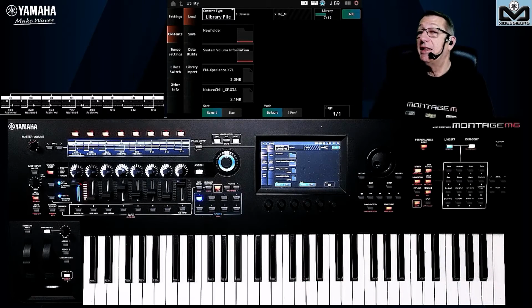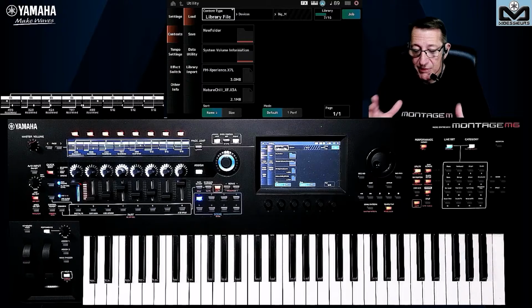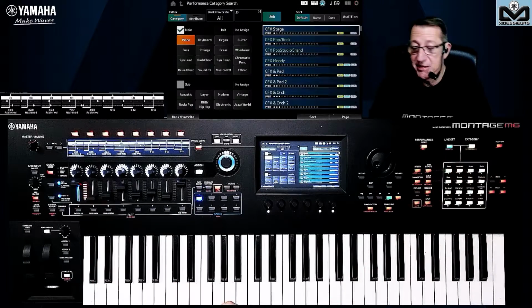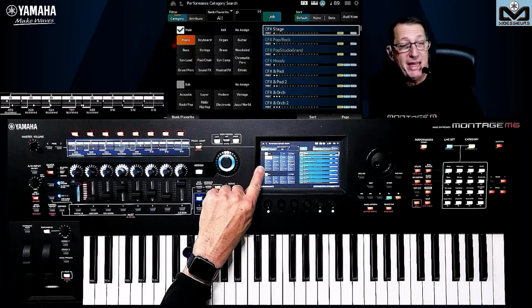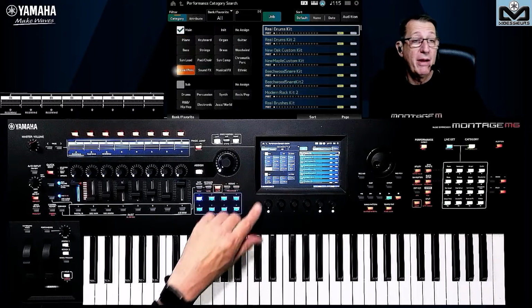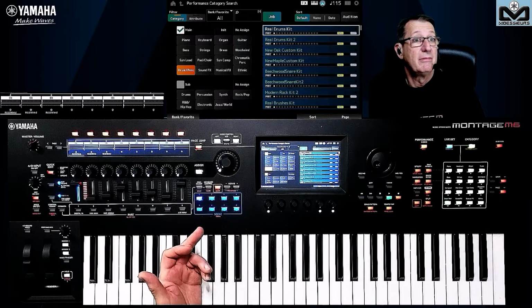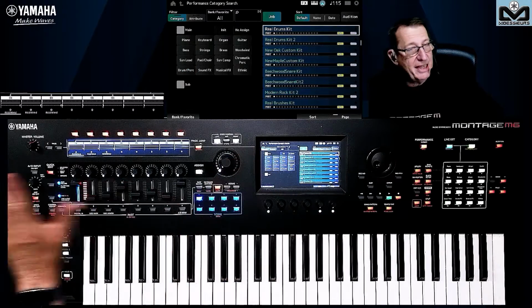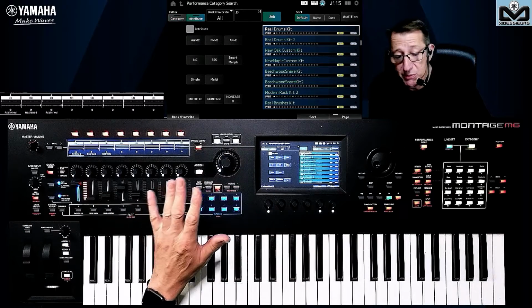And the question I see sometimes on the Facebook group: how can I retrieve the new performances that I load? So you go to category search, but be careful of two things. Do not select something here on the main, because if you load a bank from guitar and bass and you are here as a drum, you will not see anything. So be sure to unselect anything on main, and be sure to unselect anything also in attribute.